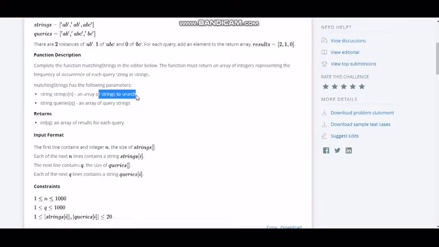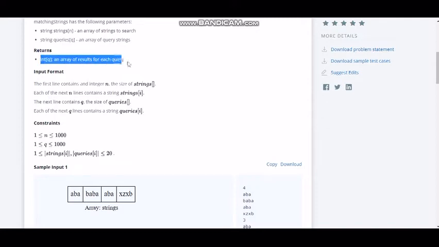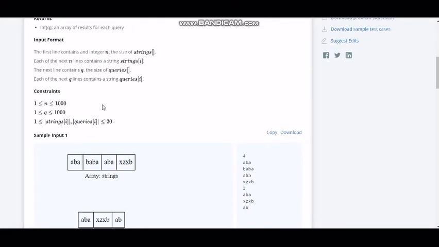We have to use the query strings to search for the elements in the strings, and we have to return an integer array list. In the input format, the first line contains an integer, the size of strings. This will be taken care of by the predefined code given there. We have to just complete the function.